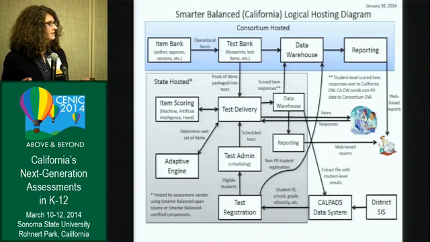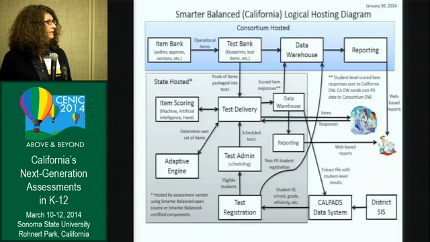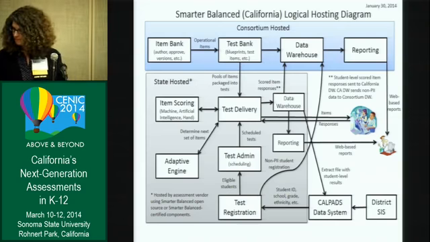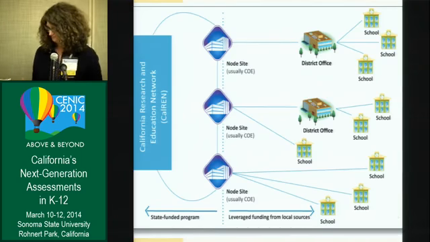So this is our chart for our plans for next year, but I think it gives a good idea of the variety of relationships when it comes to how we're going to actually implement this test in California. And with that, I'm going to turn it over to Luis to finish the discussion.